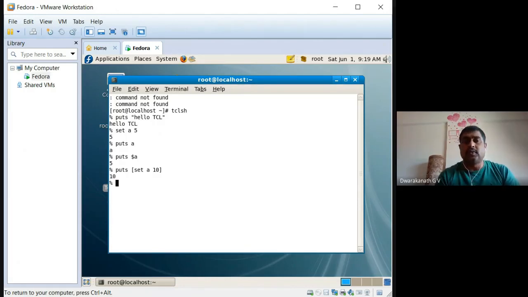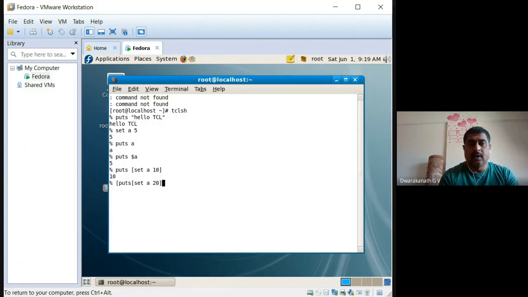Usually students make a mistake while doing a program, so always be careful. Suppose you write a square bracket, put s, observe carefully, set A 20, and close the square brackets.